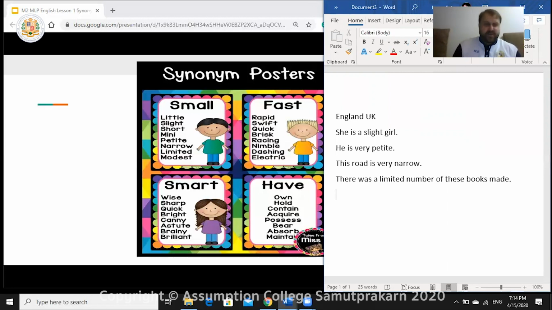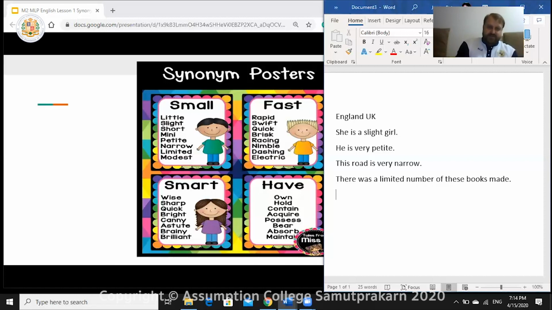Fast. We all know what fast means. Something moving very quickly. And quick and fast are exactly the same meaning. But what else? All these words have the same meaning as fast. So say these words after me. Fast, rapid, swift, quick,